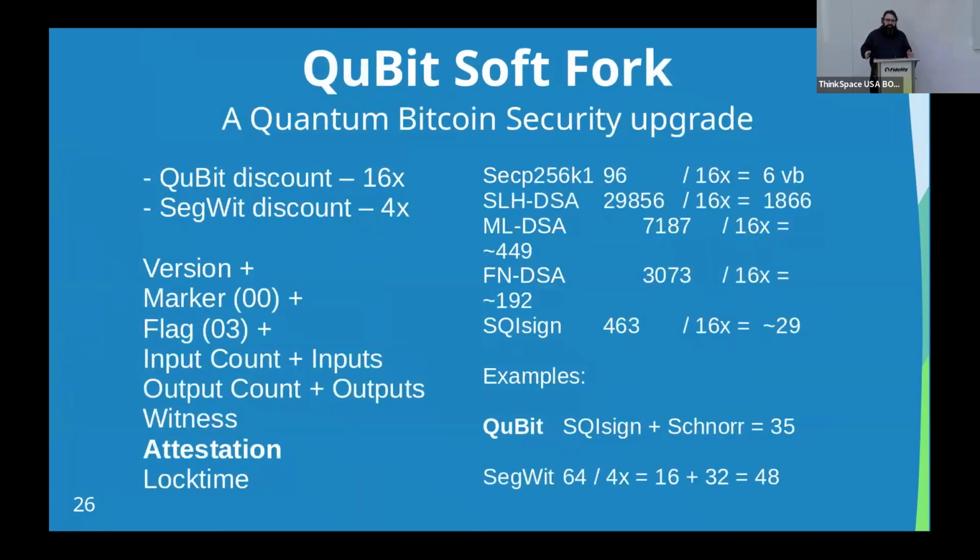And this attestation, you can see on the lower left there, that's essentially how a transaction is made up. You have the version, the marker, the flag, which in SegWit v1 is 01, and right now we set the flag in P2QRH to 03. And alongside the witness, we have a separate field called the attestation that we want to include only valid signatures that are valid for spending those inputs, and then provide a 16x discount to that because